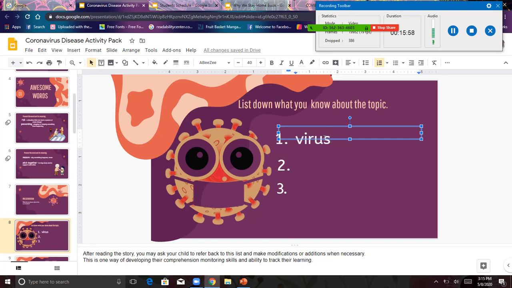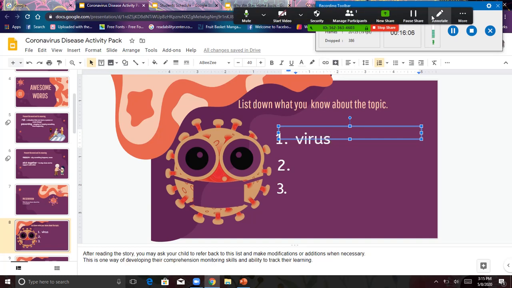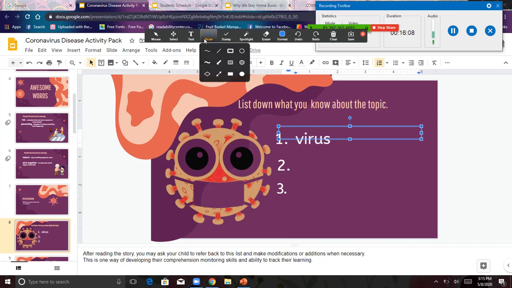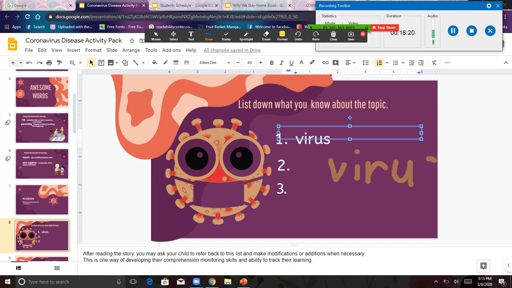They can opt to type in the text boxes, or you can use Zoom. Here in Zoom, we have annotate. We can use draw, so we can write here. Let's change the color so it's easy to see. Let's use yellow. So there, virus. Teacher, I know that it's a virus. So they can write using the draw tool, or